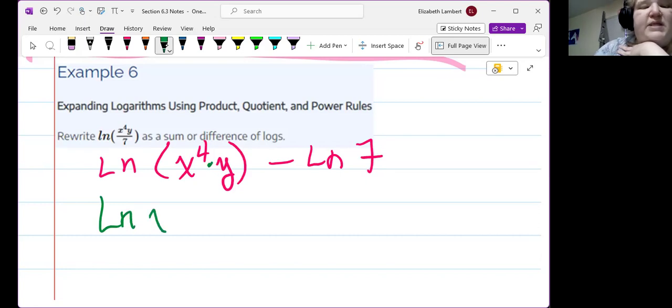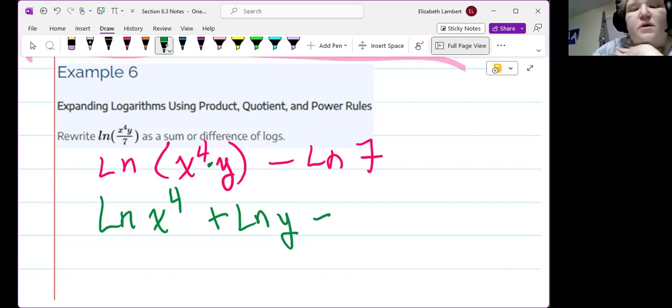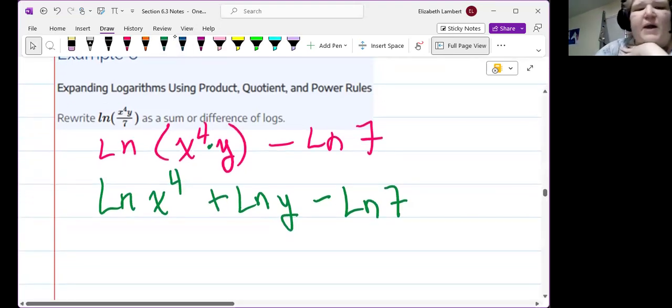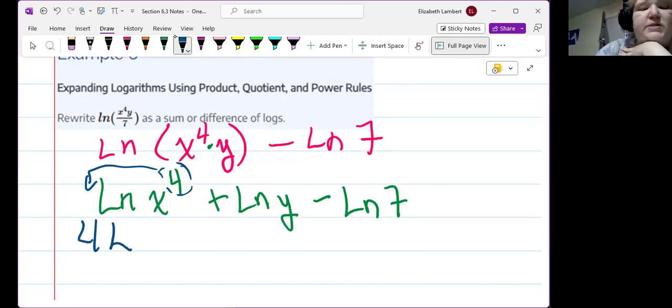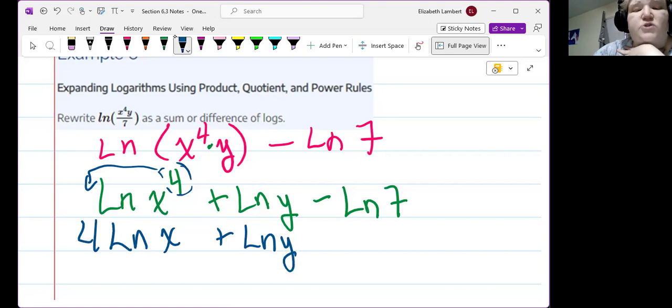So that will be the natural log of x to the 4th plus the natural log of y minus the natural log of 7 still. And then we have one more step now because we have the power down rule. That's what we're going to do. So now we have 4 times the natural log of x plus the natural log of y minus the natural